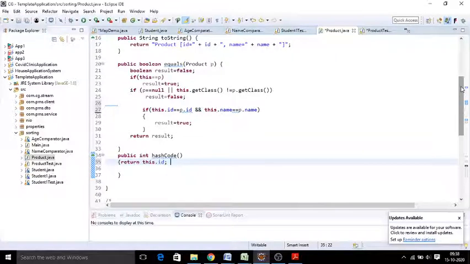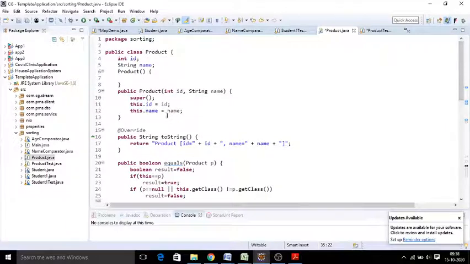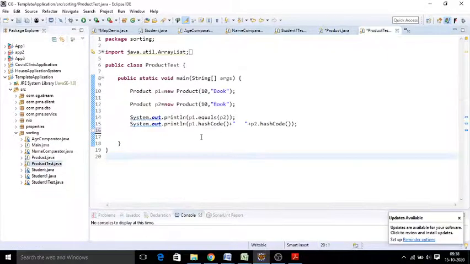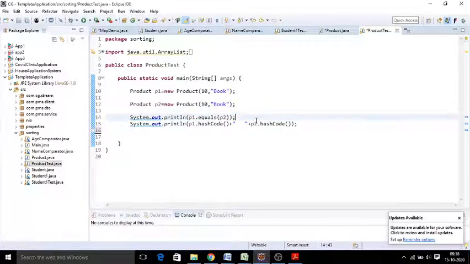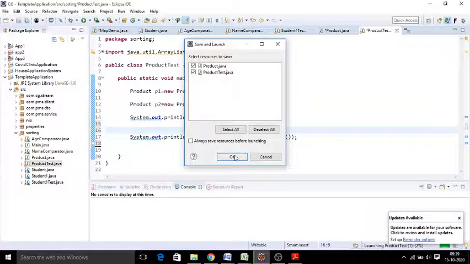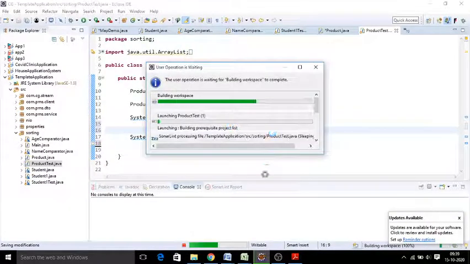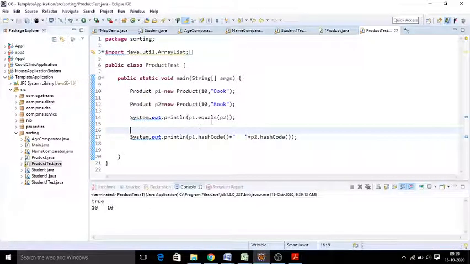So now we have overridden both the methods for our class. Now how do we test that both the objects are same or not? A simple example, product test, where we are passing two different objects with the same data. Now you wanted to compare with equals. Always you can check with an equals. See here, p1 dot equals of p2. Now as we are sending, the content is also same, right? Content is same. So now it should say whether the object is same or not. It is saying true.